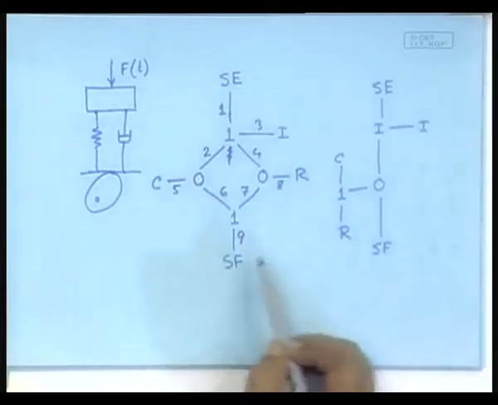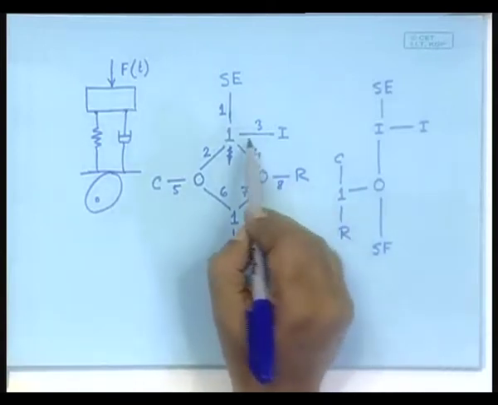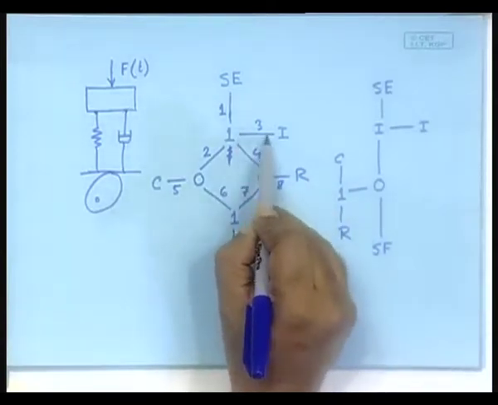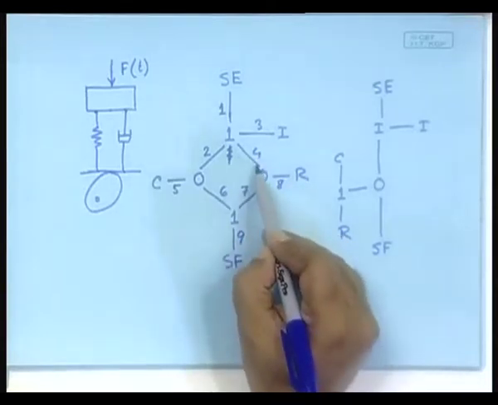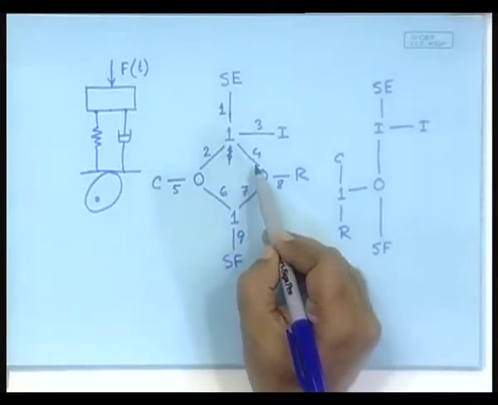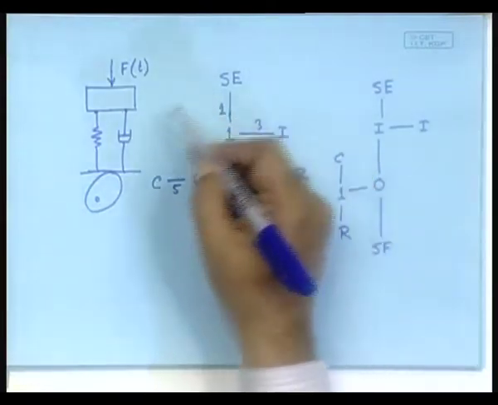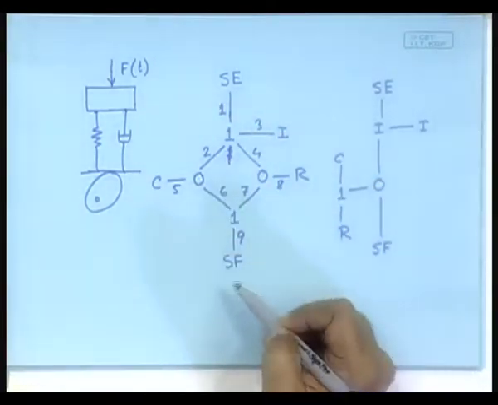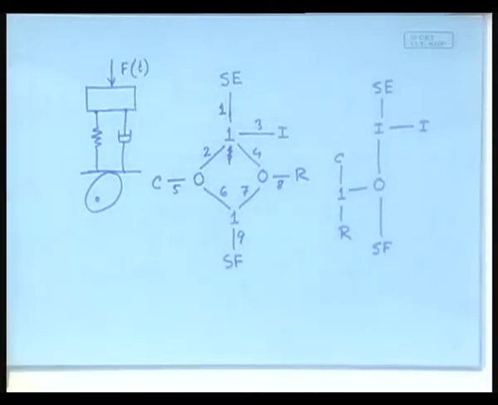So, we number the bonds. The moment we number, then we can say the effort in this bond will be E3, flow through this bond will be F4. So, we can specify. That was necessary in order to specify things. We give specific numbers to the bonds. Okay. Then the next stage is